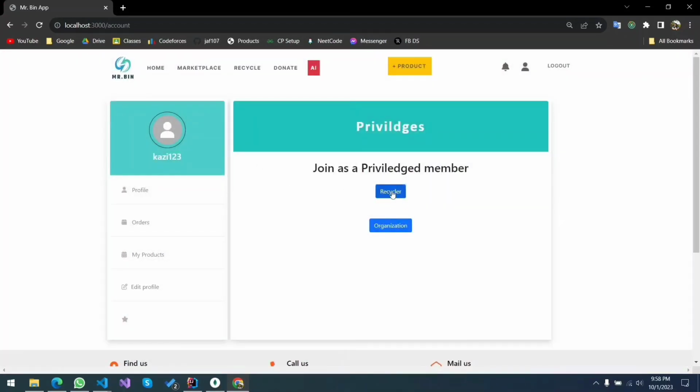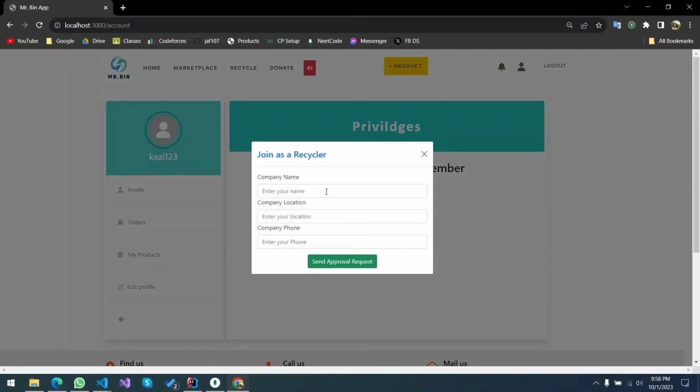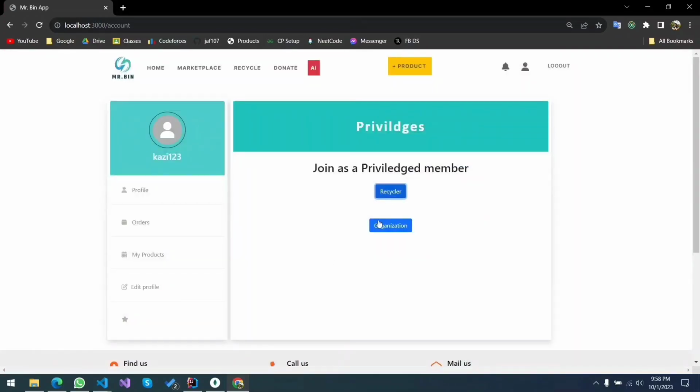When a user asks to be a recycler, for example if I press this, the user should have a specific phone number, and it sends an approval request for the admin to review.